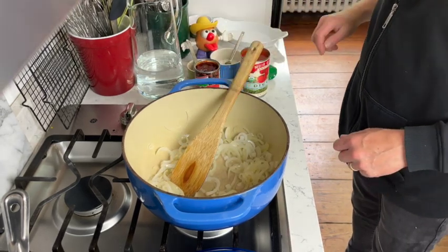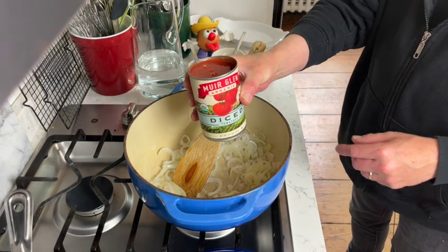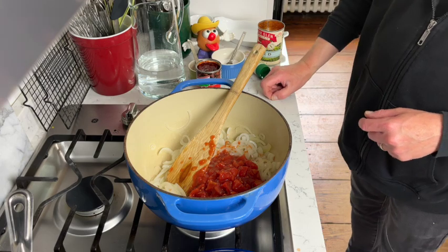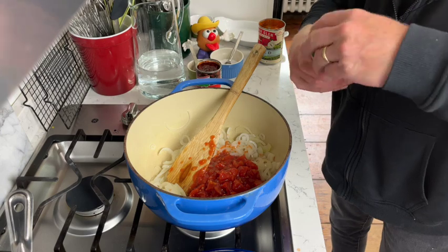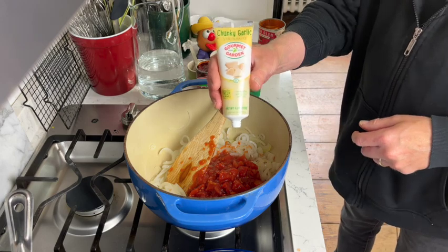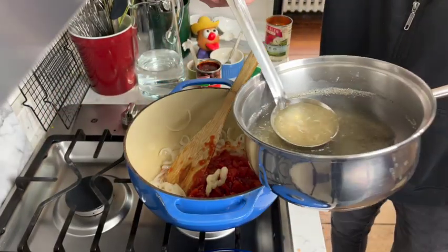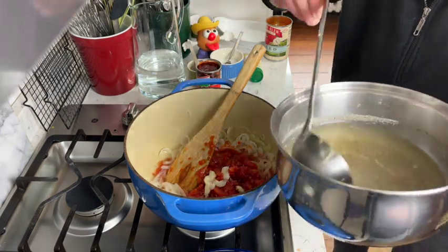And now I'm going to add a 14.5 ounce can of diced tomatoes and their juices. I'm also going to add 2 garlic cloves, or much more convenient is this garlic paste, 2 teaspoons, and a ½ cup of the stock in which the chicken cooked,